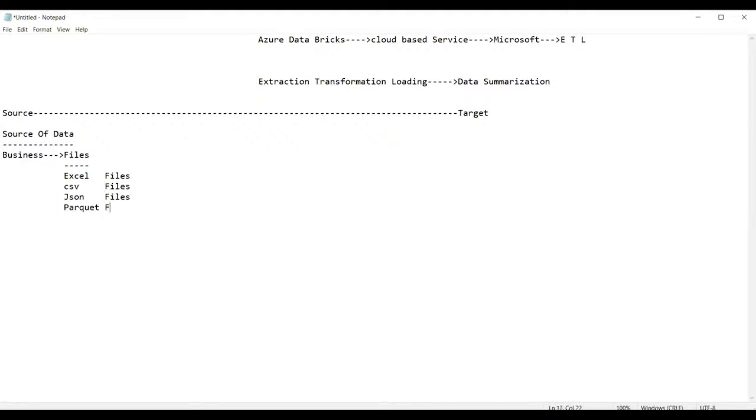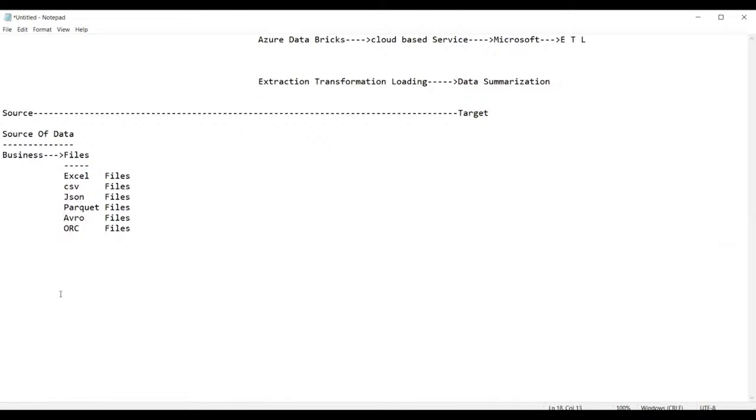Then you can have Avro files, and we can also have ORC files. Various types of files. That means we get the data ultimately from the business, and it will be recorded in the form of files: Excel files, comma separated value files, JSON files, Parquet files, Avro files, ORC files.